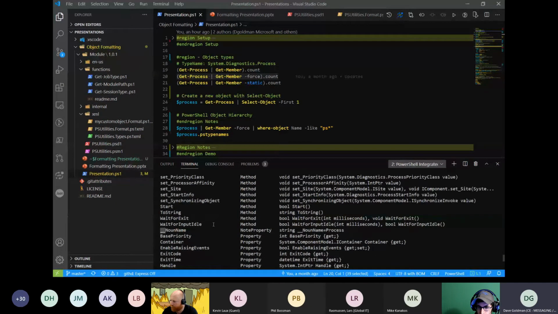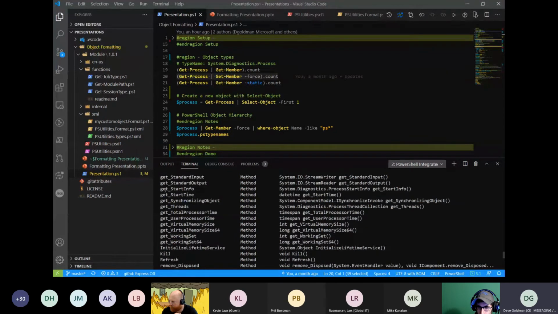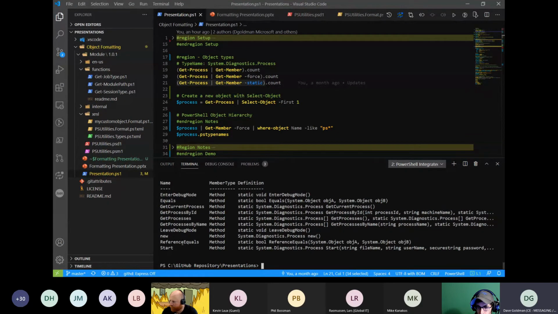A lot of them start with underscores, and you can see the methods for sets, the gets, and finally, static members. There's only 10 of those, and these are inherited from the .NET object itself. So if I was to go onto this process, I could call Start or New.